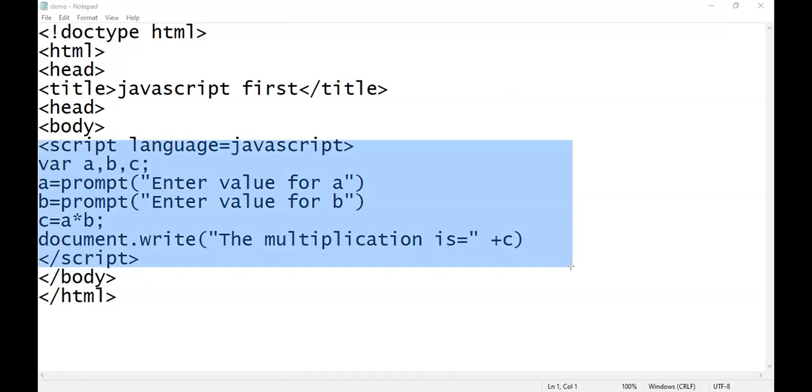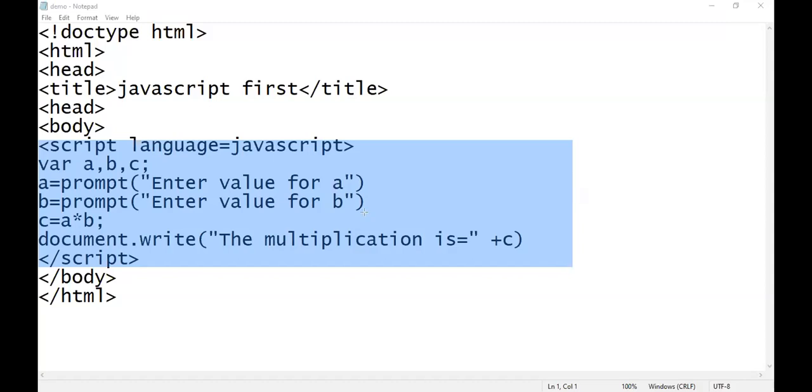So this portion is only the JavaScript portion, and language is an attribute used with the script tag to denote that we are going to write the next program in JavaScript. Whatever is enclosed inside the script and slash script will be the program related to JavaScript.